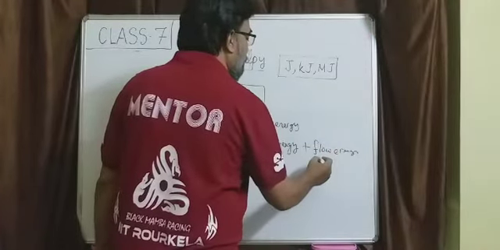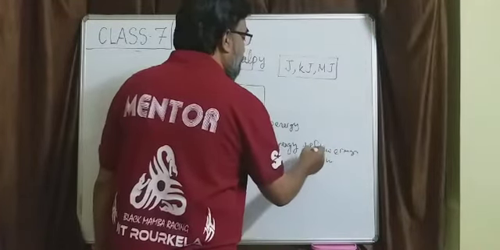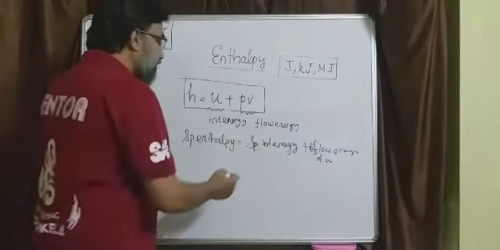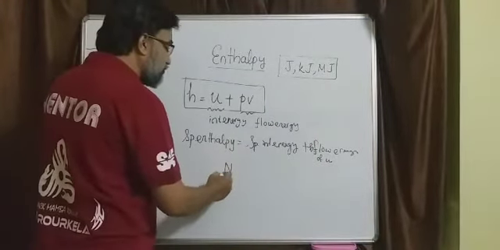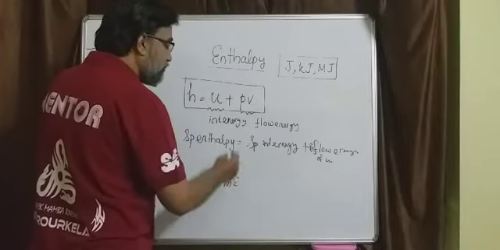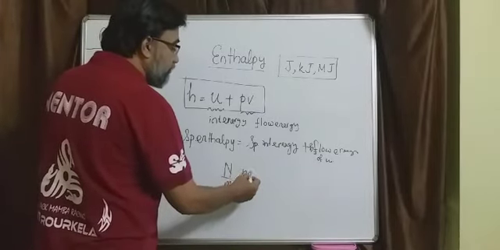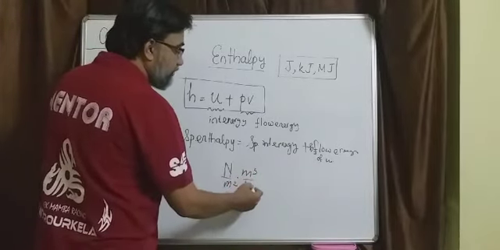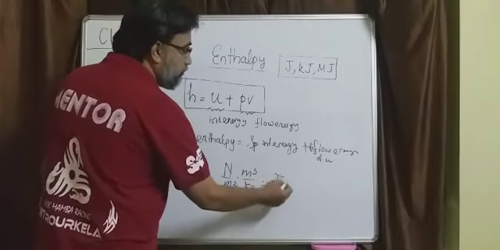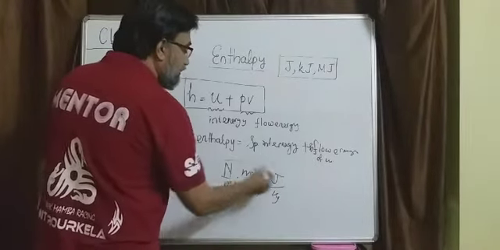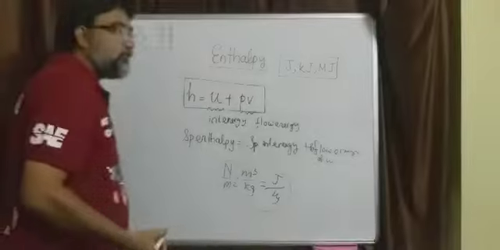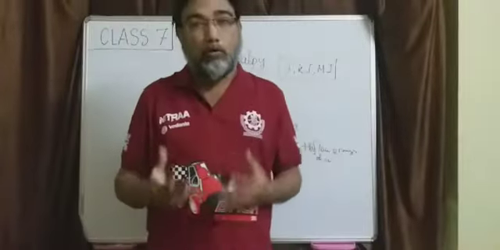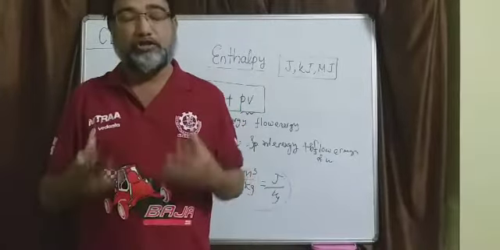of unit mass, the specific flow energy. Pressure is in Newton per meter square, and small v is specific volume in meter cube per kg. So this product gives you an energy term, joules per kg, and this energy term, the product of pressure and volume, is called the flow work or flow energy.